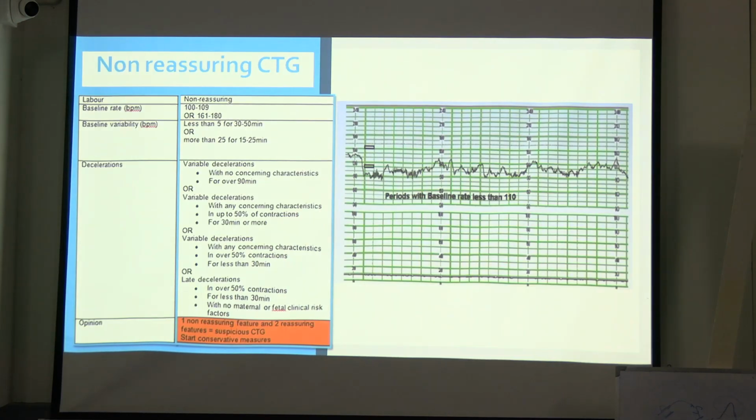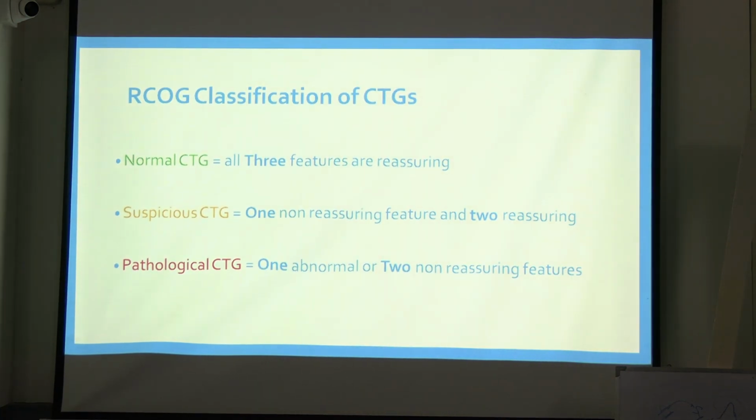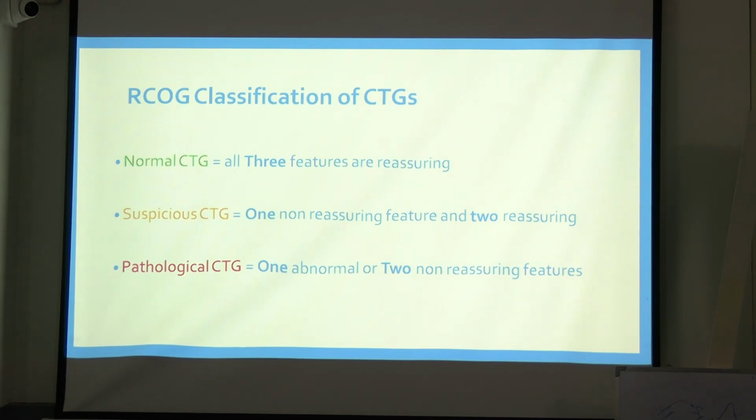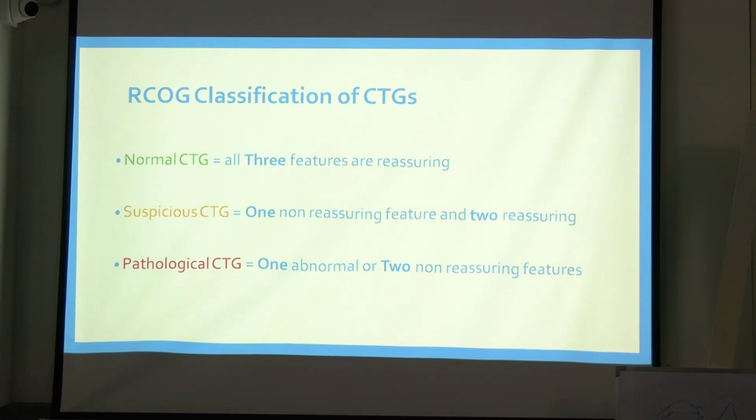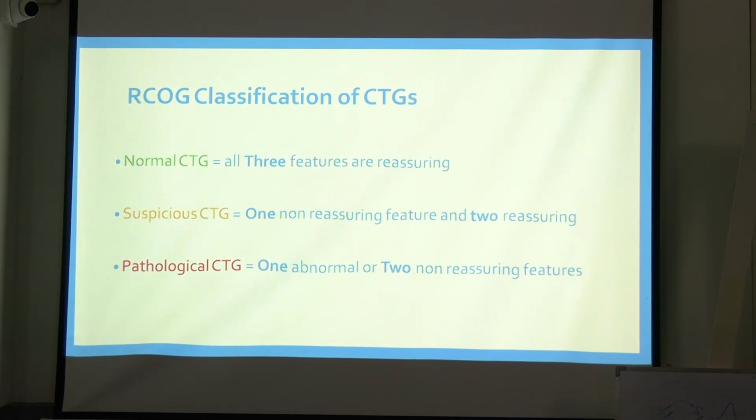Just remember what is baseline, baseline variability, acceleration, deceleration, and what is reassuring, non-reassuring, and pathological. And what you need to do in that patient and what you will prepare. You can prepare the OT, ask the OT staff to be ready, or prepare the OT for the cesarean section by the time the senior is arriving.